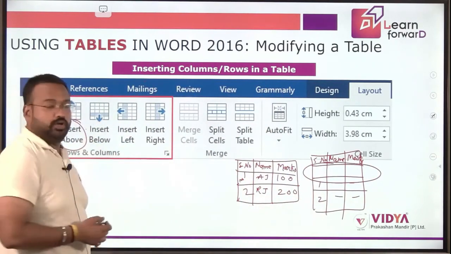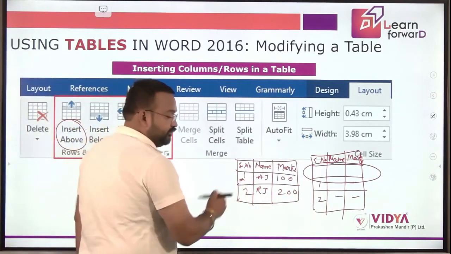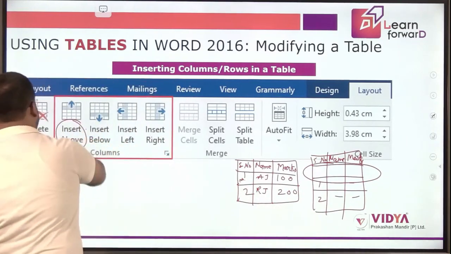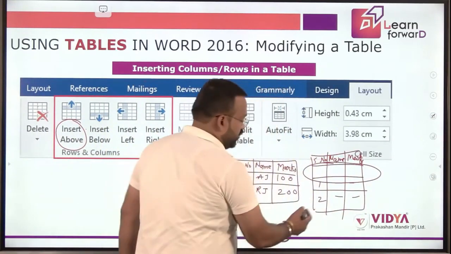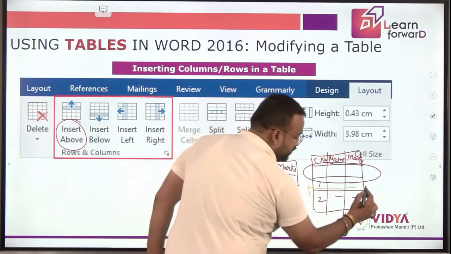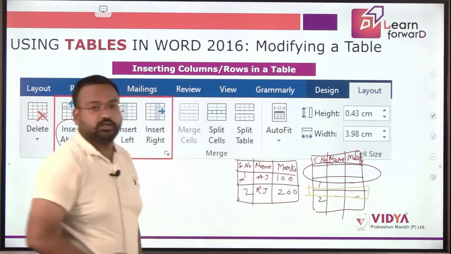If you select the below option, so if my cursor is here and if I select the below option, in that case what would happen is the new row would be inserted over here.